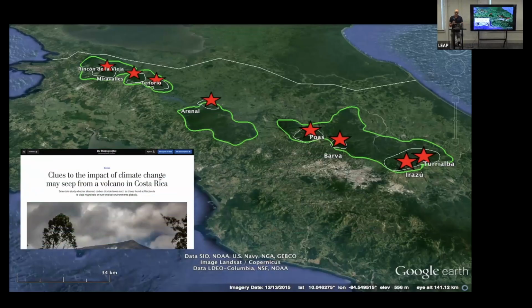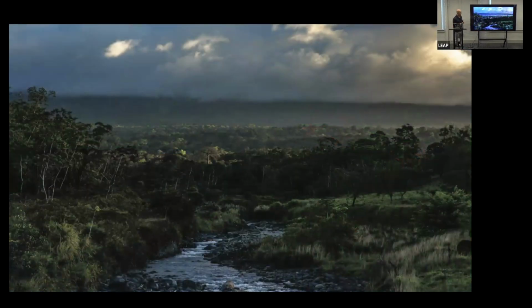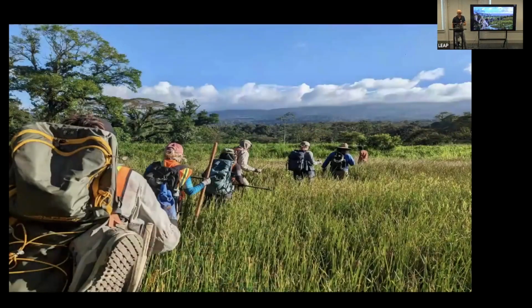So for the past 10 years or so, I've been working in this range of rainforest throughout Costa Rica around these volcanoes, really figuring out where these cracks and fissures are in the landscape and what the ecosystems are. So the question is, is the crystal ball to the future of the planet hidden in the jungles of these volcanoes, which are hard to work in, right? This is a picture of me and my team leading some students through this mud swamp in search of some of these CO2 vents.